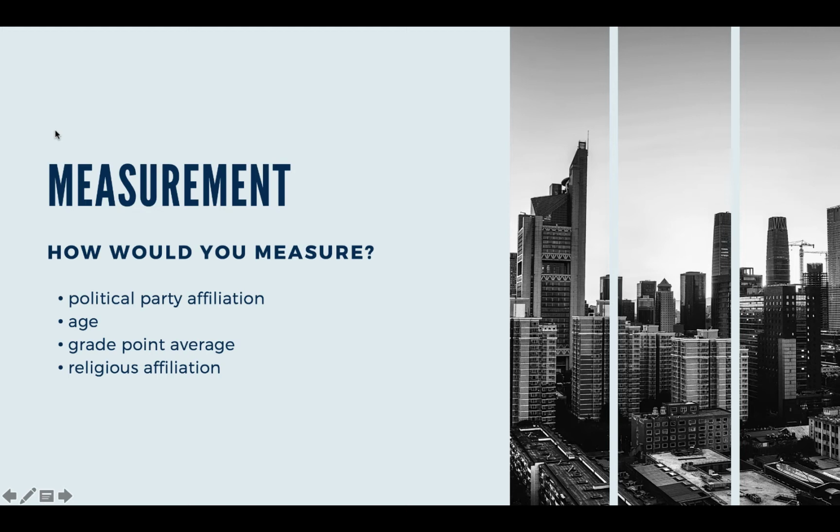How do we define something like political party affiliation? Again, there are various ways of measuring political party affiliation. For example, we could ask our respondents, our participants, are you Democrat? Are you Republican? Are you independent? Are you American independent? Are you libertarian, green, peace and freedom? These are all various attributes that can be used in that larger variable, political party affiliation. That's one way of measuring it. Another way could be, say, liberal or conservative or moderate.